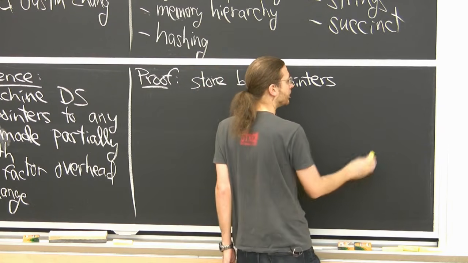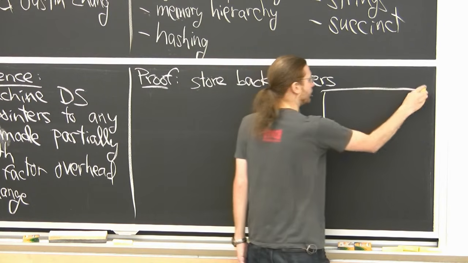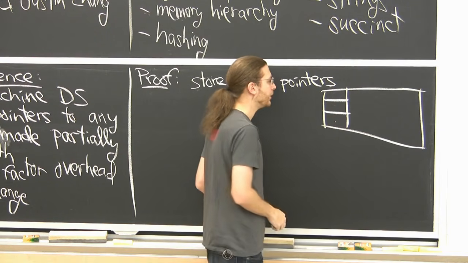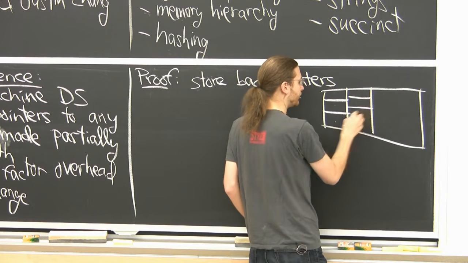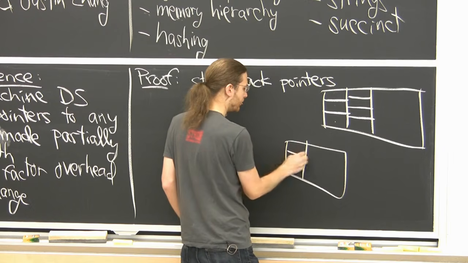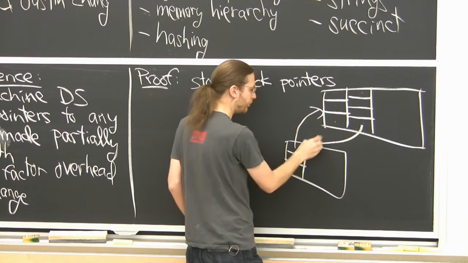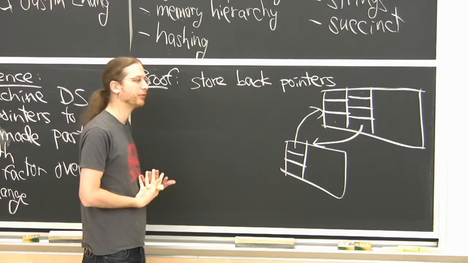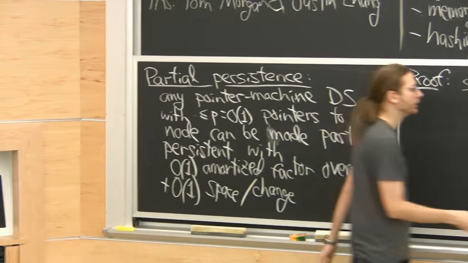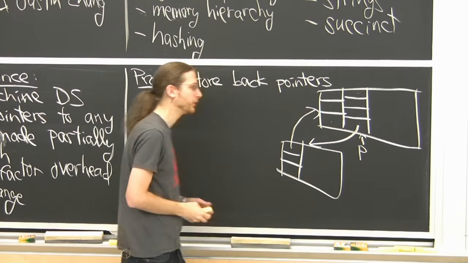So if we have a node, how do I want to draw a node here? So I've been drawing, so maybe these are the 3 fields of the node. I want to also store some back pointers. This is whenever there is a node that points to this node, I want to have a back pointer that points back. So I know where all the pointers came from. If there's only p pointers, then this is fine. There'll be p fields here. So still constant, still in the pointer machine model.